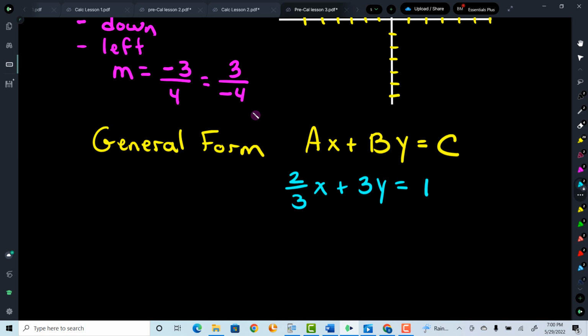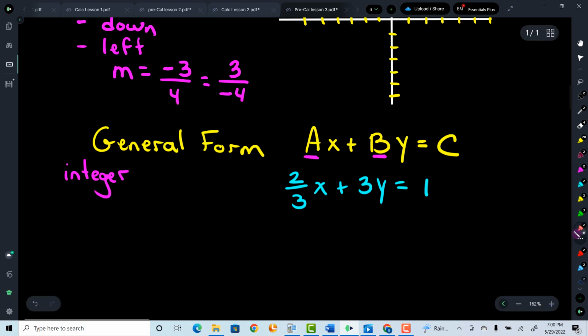Well, it's actually not, because general form says that the A and the B have to be integers. And do we remember what an integer is? An integer does not include fractions or decimals. So I have to modify this. How would I get rid of the fraction? We can multiply everything by 3. So in doing that, we're going to get 2x + 9y = 3. Now this is in the general form,